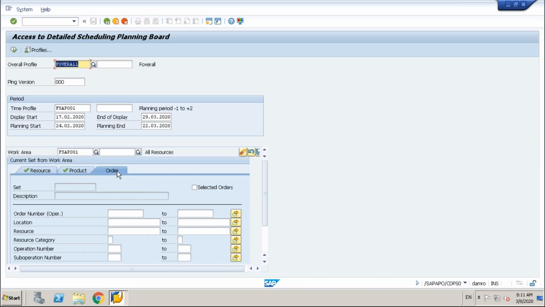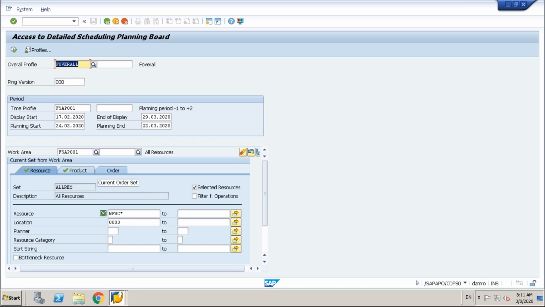Orders you have not given anything because it doesn't make sense. You can actually see all the orders at the resource, in the location, the category, everything. But what's the point? Here I already have that information, right? So you don't need to define this. And if you want to see bottleneck resources also, you can. If you execute,